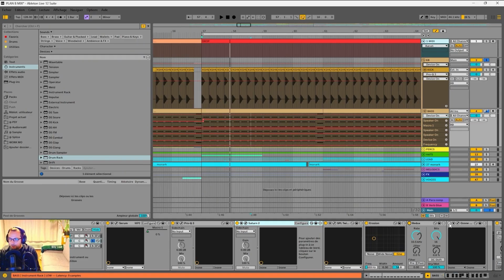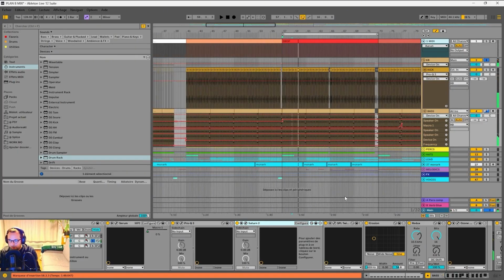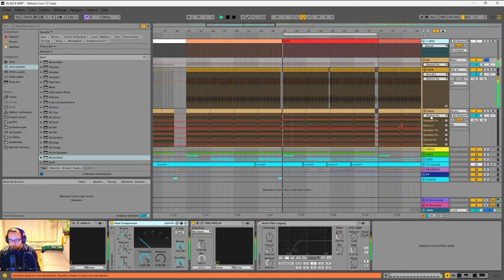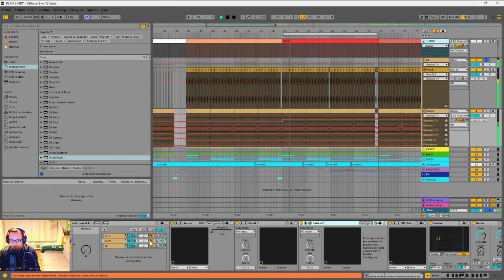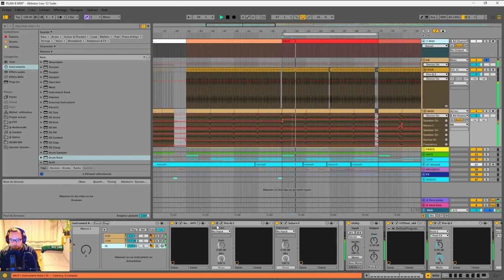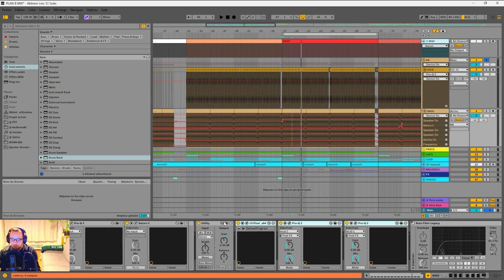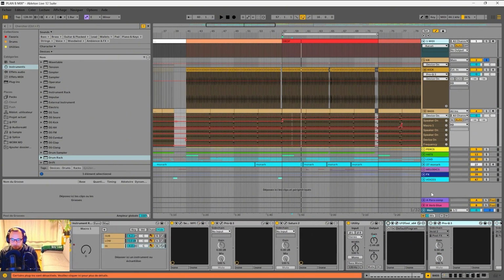And some stereo imager from Ozone for adding stereo. The three together. I just forgot to remove this.